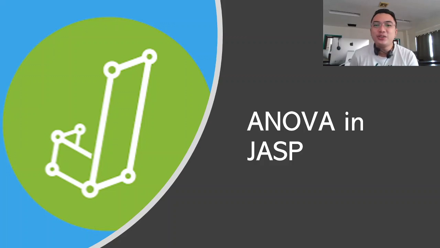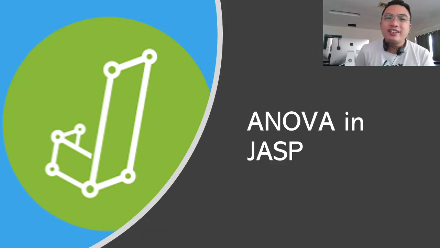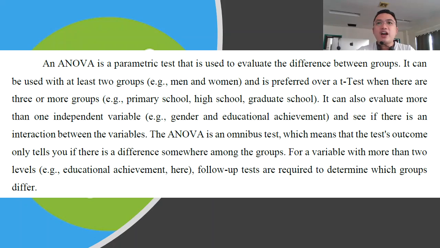So we'll be having a new topic right now on doing data analysis in a statistical software called JASP. So we will be doing what we call an ANOVA test using the JASP software. So what is ANOVA? ANOVA is basically a way to find out if survey or experiment results are significant. In other words, it helps you figure out if you need to reject the null hypothesis or accept the alternate hypothesis. Basically, you're testing groups to see if there's a difference between them.